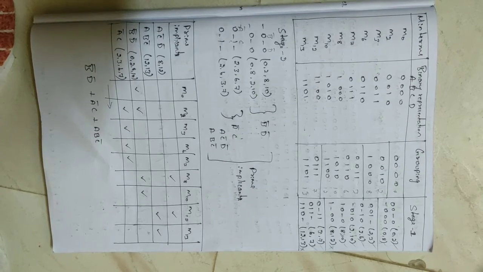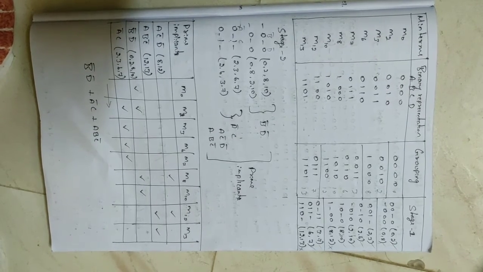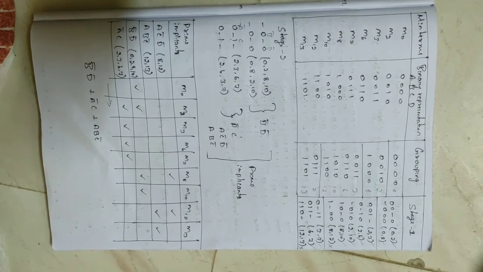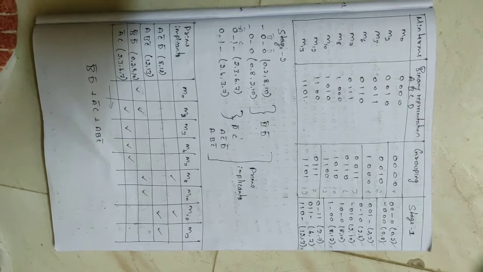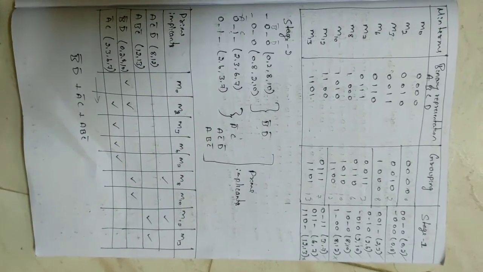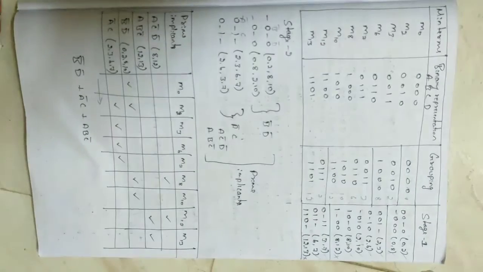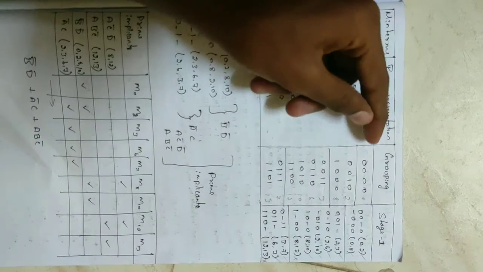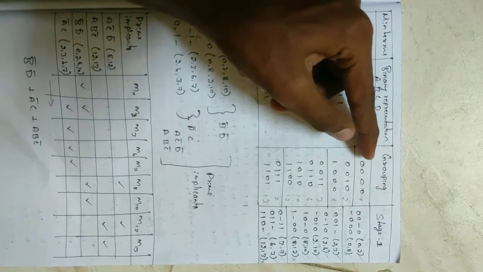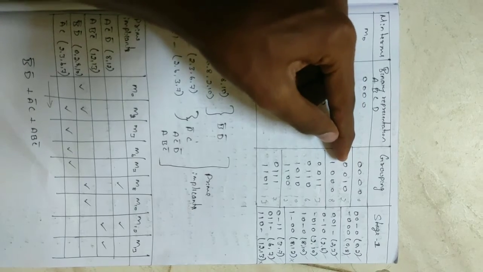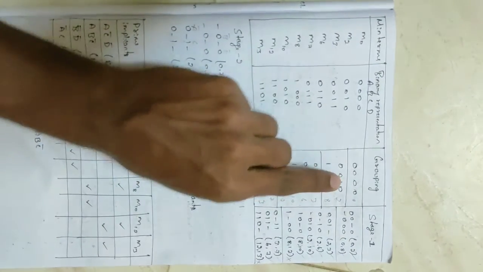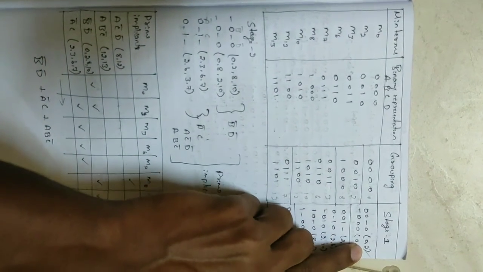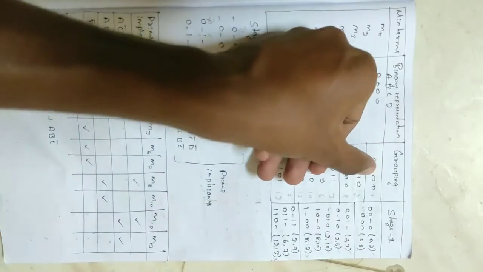Combine the first and second groups of stage 1. The rule is to see if only one binary digit is different between two members, and we mark that position by a space or bar. This one compared with this one has only one digit different, in the tenth place, 0 and 1. So we write 0 and 2 here, and in the place of that digit we write a bar.